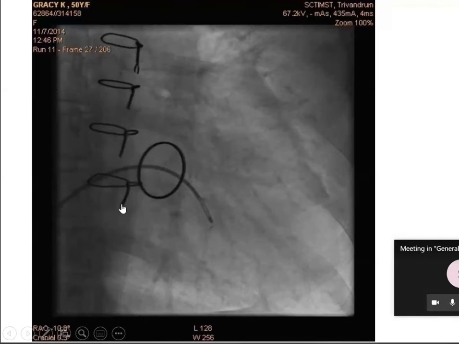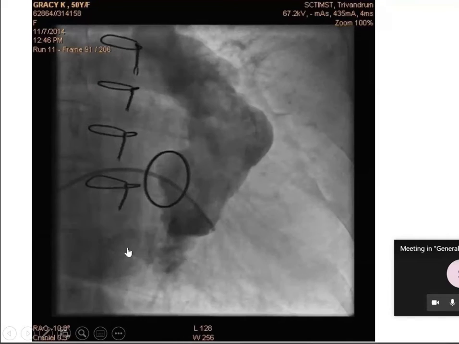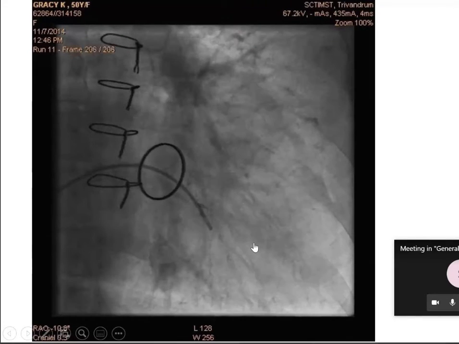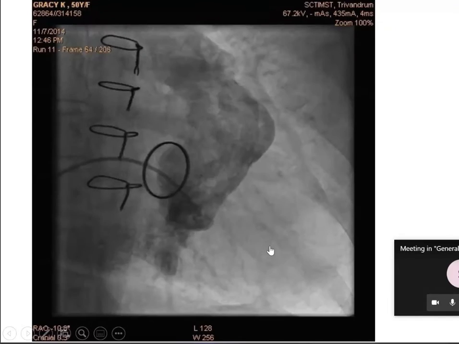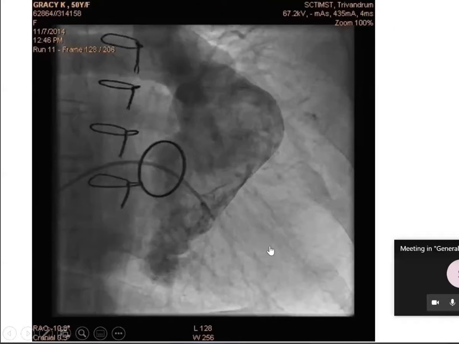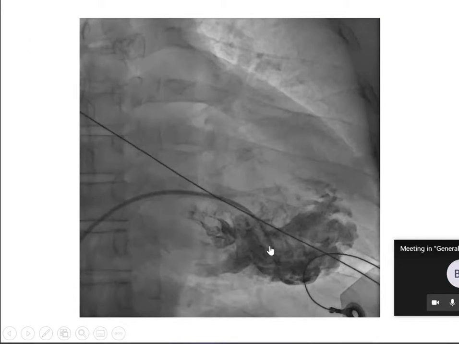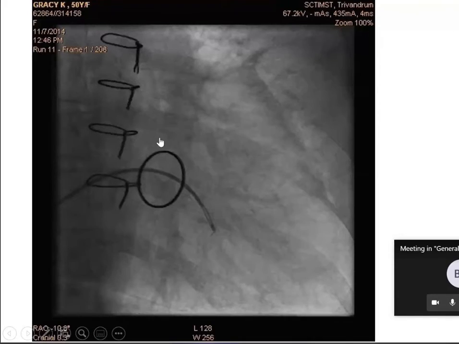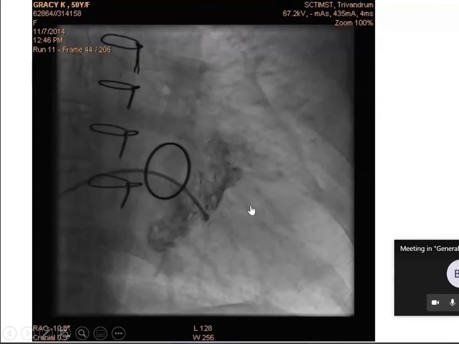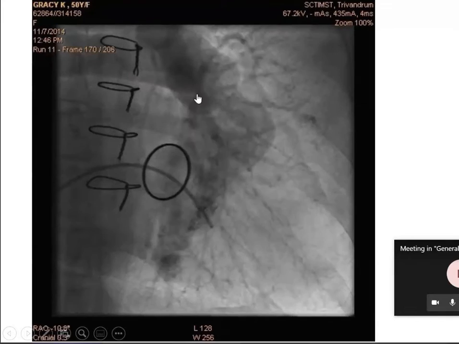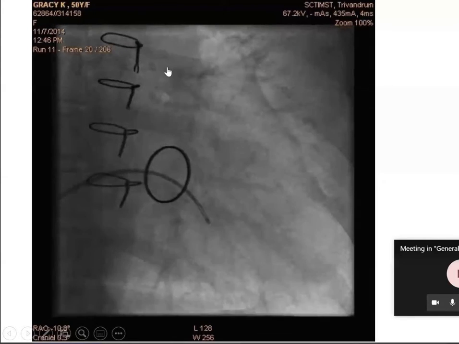The whole thing is the tricuspid valve. You can see that TR coming up to here. So it is not the tricuspid valve ring. Yes, sir, mitral valve. Somebody was asking something. Is the pulmonary artery dilated, sir? Yeah, the pulmonary artery is not that dilated. This is the pulmonary artery, not that dilated.